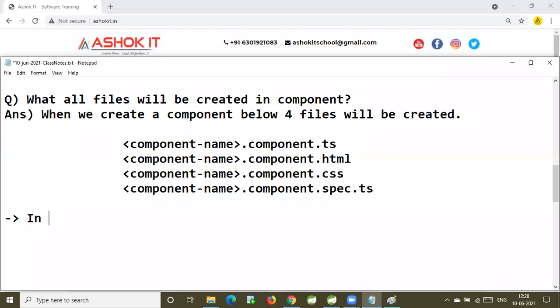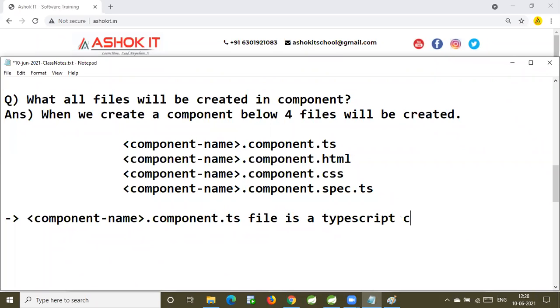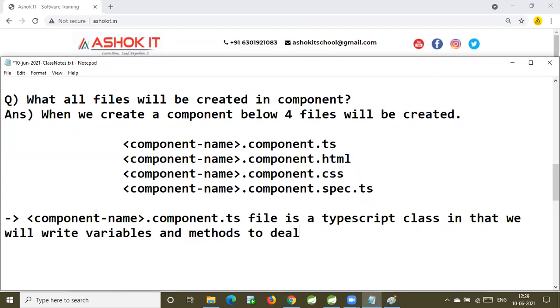Component name dot component dot ts, whatever the name you use, is a TypeScript class.